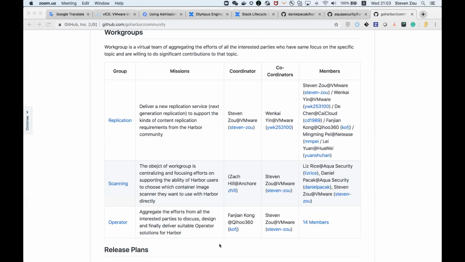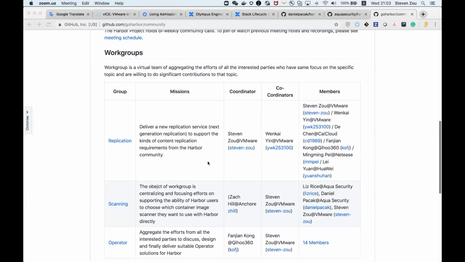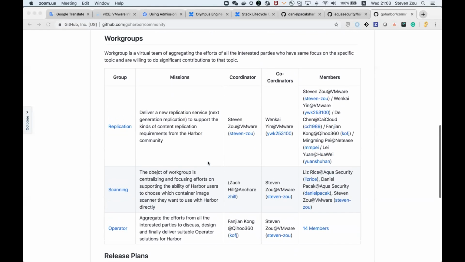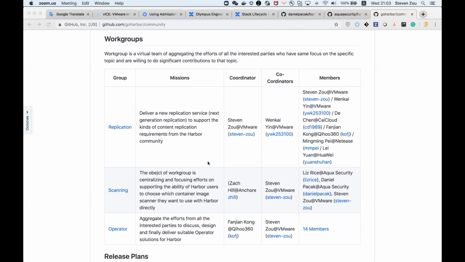I'd like to leverage our meeting to talk about some latest updates from the work group. I think I have mentioned several times in our community meeting, work group is really a good way to aggregate the efforts of members from different organizations, no matter where you are, if you have similar interests.